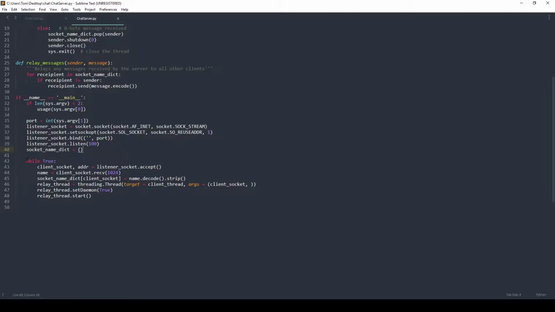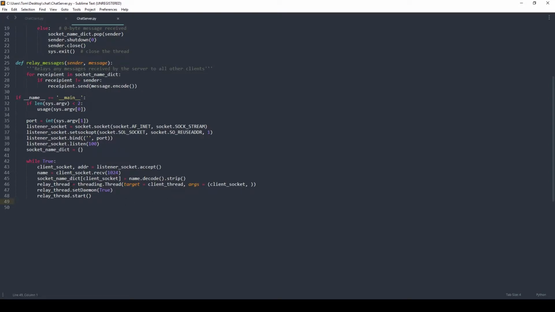And then this is also a while loop that runs infinitely, that is accepting any incoming connections that we might be getting, and also then receiving a single message, which we know will be the name, because we know that the first message that any of the clients will be sending is the name. And then we can use that name to form our dictionary,